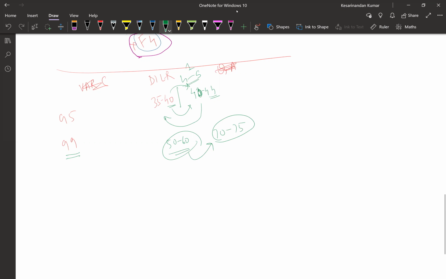So you just cannot neglect it, because even if you have an average DILR, average quant and average VARC, if you have a stellar DILR, it can still make you reach great heights in terms of percentiles. So this is what happens in the CAT exam. This is only about CAT, not XAT or any other exam, as that's the main exam we are focusing on. That's the mother of all exams.